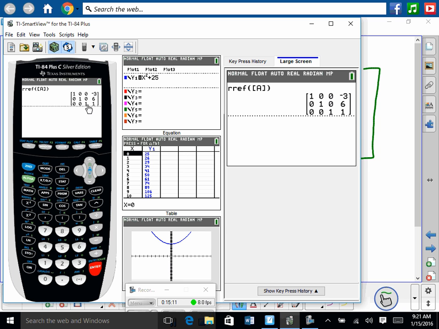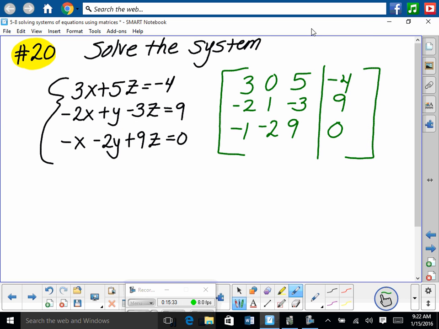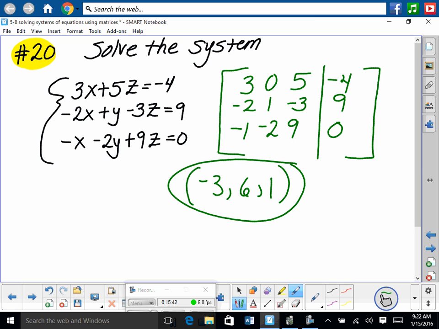So look, it puts it in reduced row echelon form. We have ones in the diagonal. We know there's an equal sign right here. So we're going to get x is equal to -3, y is equal to 6, and z is equal to 1. How cool is that? So much easier than doing it by hand, right? So we get x is equal to -3, y is equal to 6, and z is equal to 1. Now I need you to write your answers like this, because this is an xyz point of intersection. So we have (-3, 6, 1). There's our point of intersection